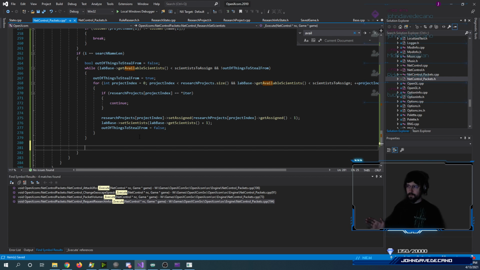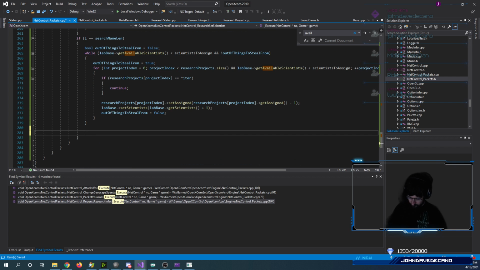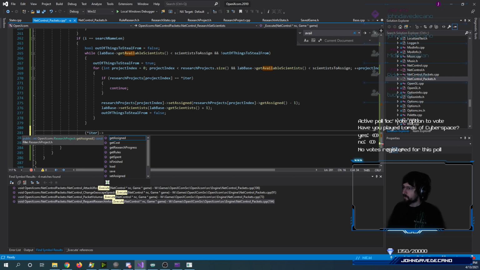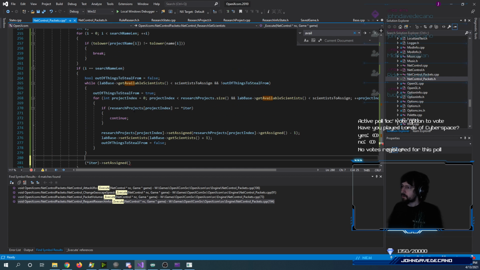So now we should have available scientists, and we can try to assign scientists to our desired project, which is star iter, our iterator that we were iterating through the research projects. We're going to set assigned. We need to figure out how many we're changing by actually for sure. So int num to assign equals